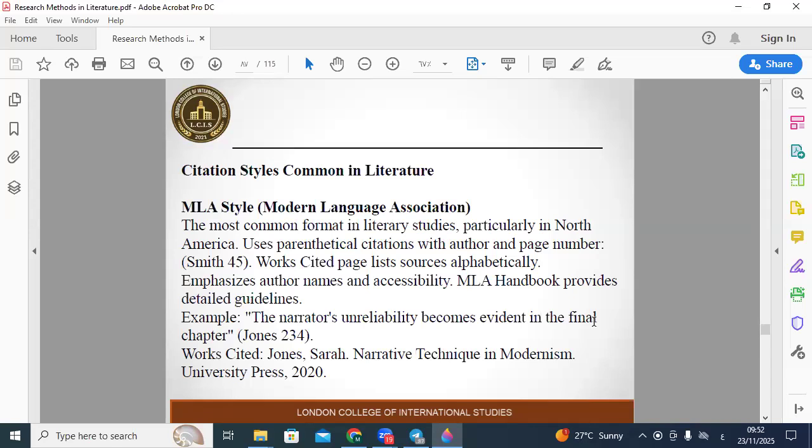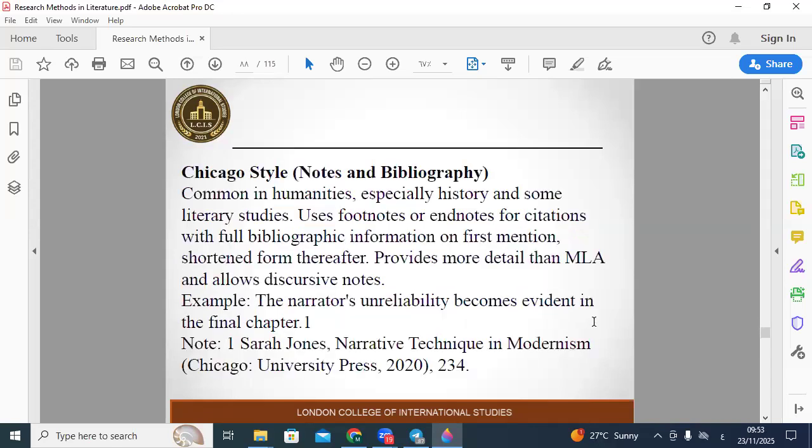Example: the narrator's unreliability becomes evident in the final chapter (Jones 234). Works cited: Jones, Sarah. Narrative Technique in Modernism. University Press, 2020. In Chicago style, notes and bibliography, common in humanities, especially history and some literary studies, uses